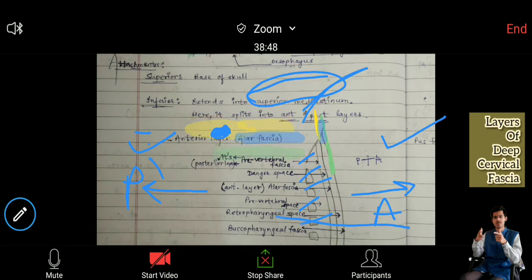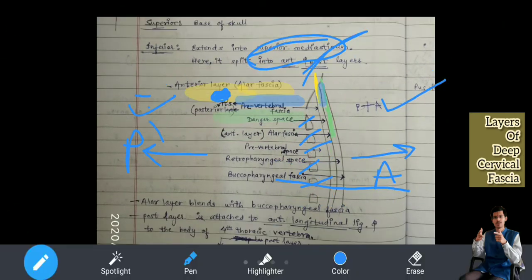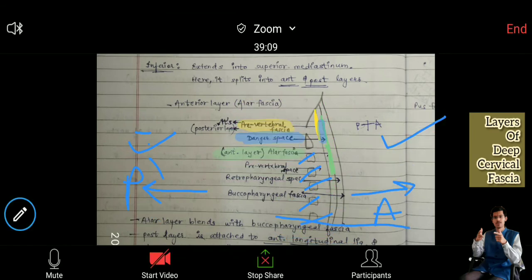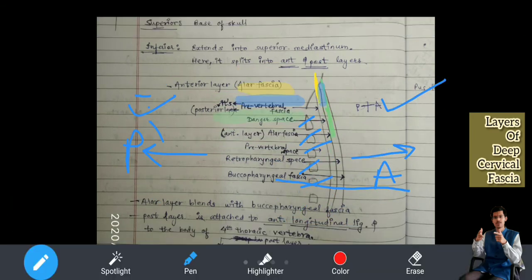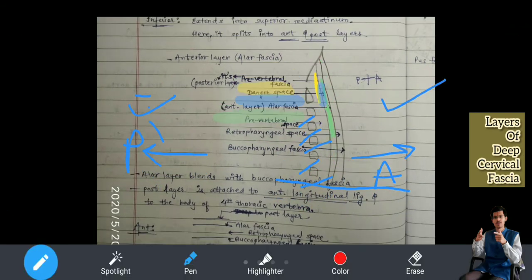Just a second. I'll fix it for you. Yeah, it's now fixed. Most prone to what? Infections. Absolutely. Now, if you understand this, next you need to understand this, I'll show it in red now. Just a second. Let me fix it for you. No, it's not fixed. Yeah, it's fixed now.